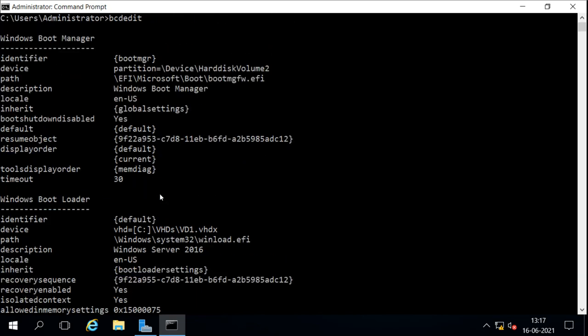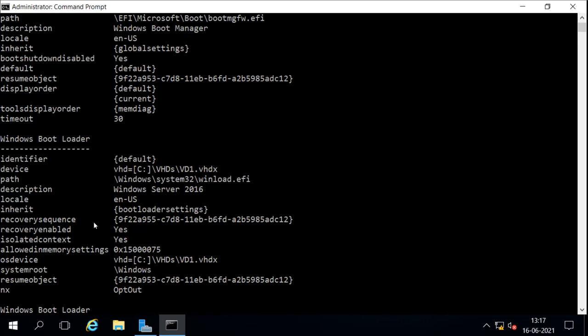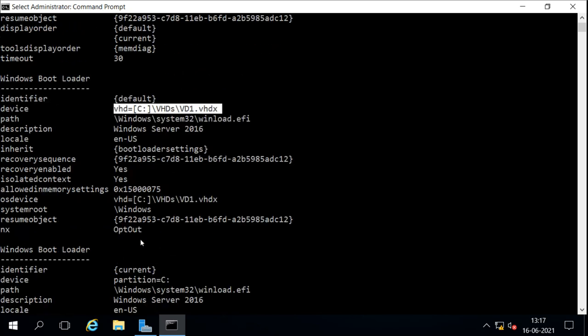So it is showing this is the boot manager. We have one entry here which is coming from this virtual disk. So this is the entry for that virtual disk operating system, and it is booting from this,